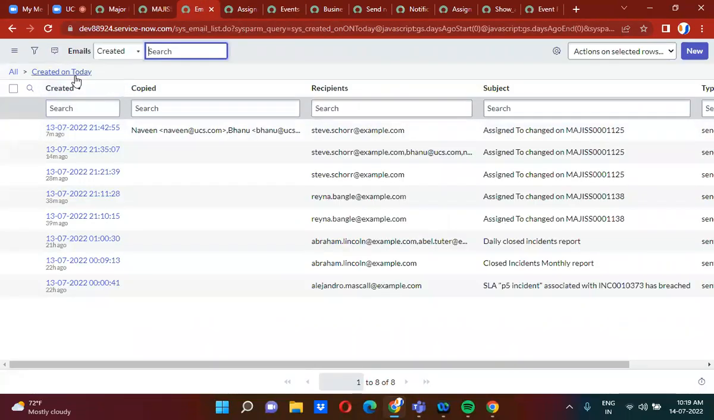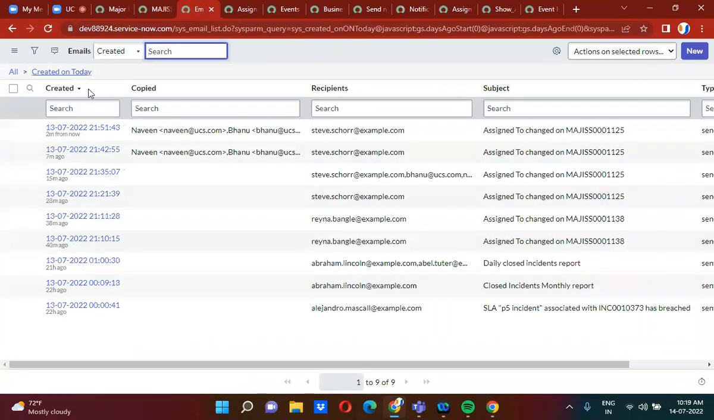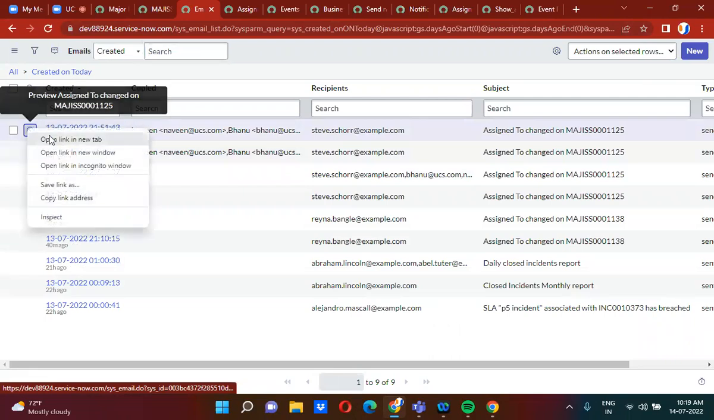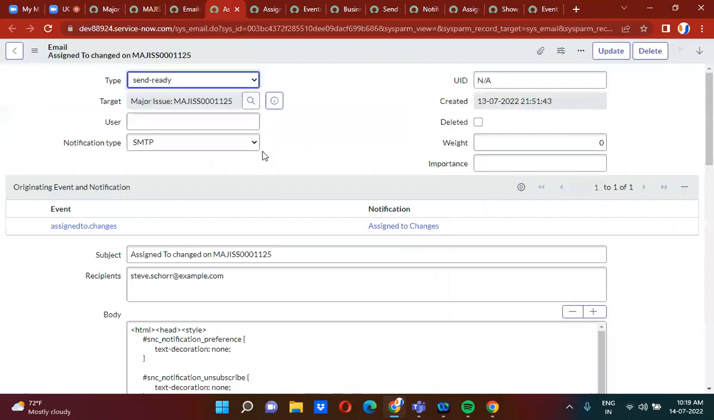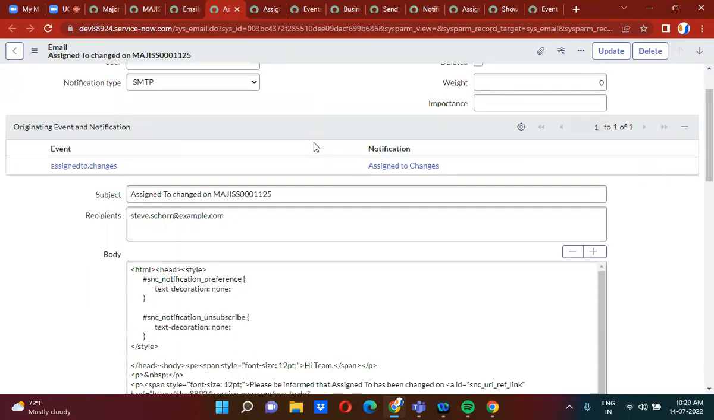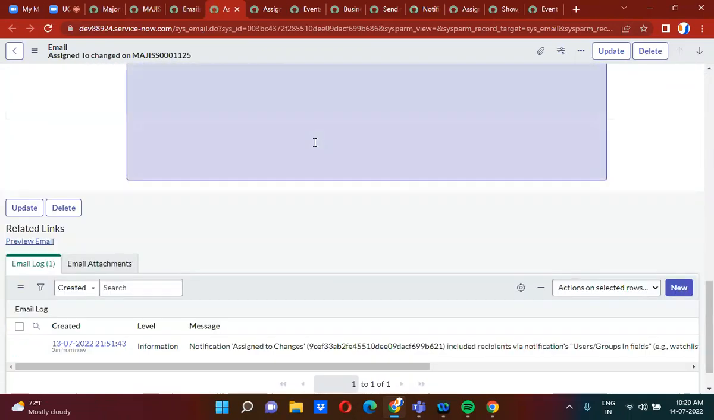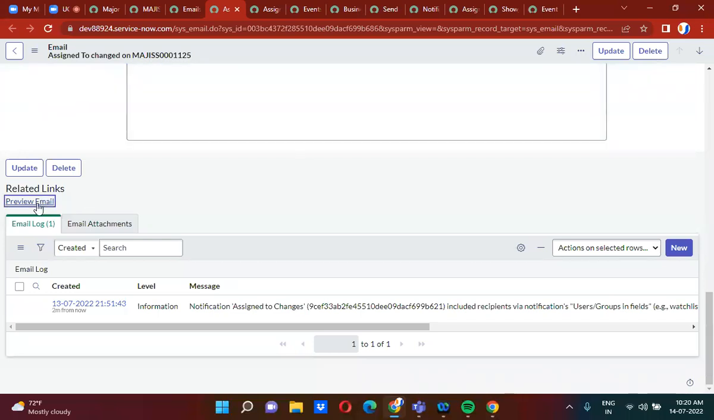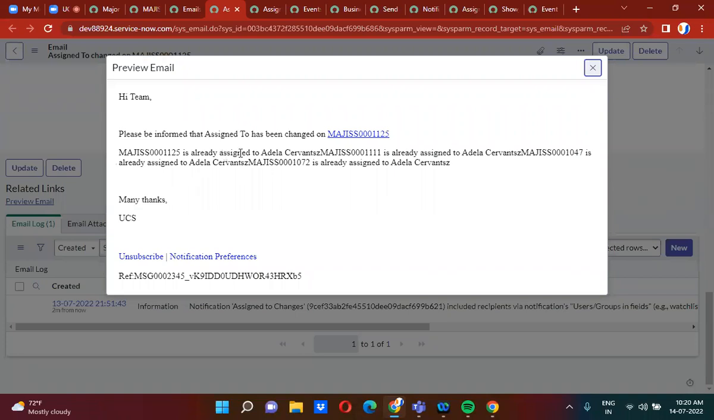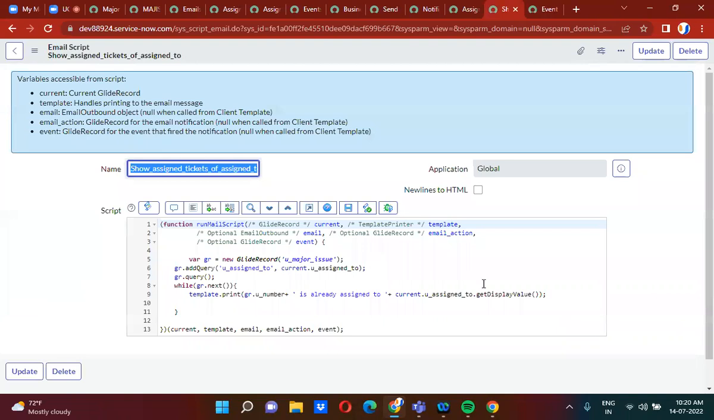Now I'm going to emails to see whether the notification is triggered or not. Just a while ago, a notification has been triggered. So in this notification, see here, it is showing in a zigzag manner. See, this record is assigned to Adila, this record is assigned to Adila. So it is showing in a zigzag manner. So in the notification, here we will have to use